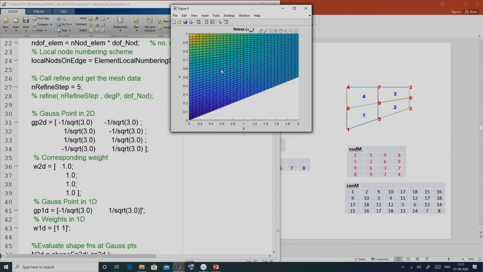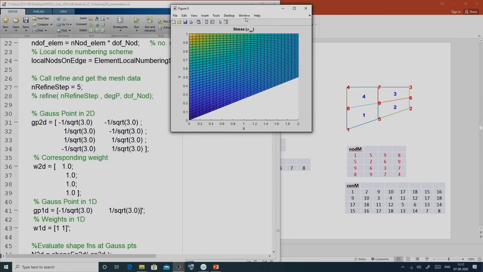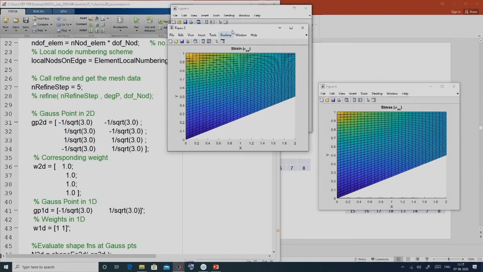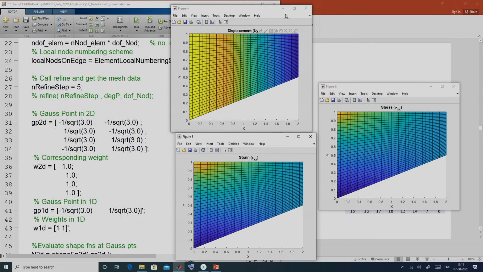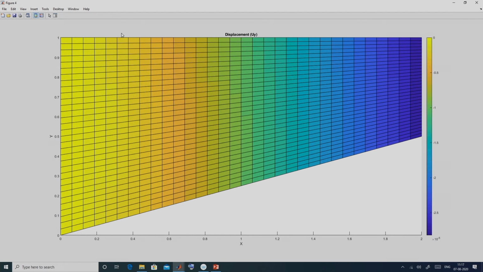Here you can see the sigma xx becomes very smooth, as the color gradient shows. Let us look at the displacement, that is the uy component. Let us switch on the color bar so that I can get the idea.